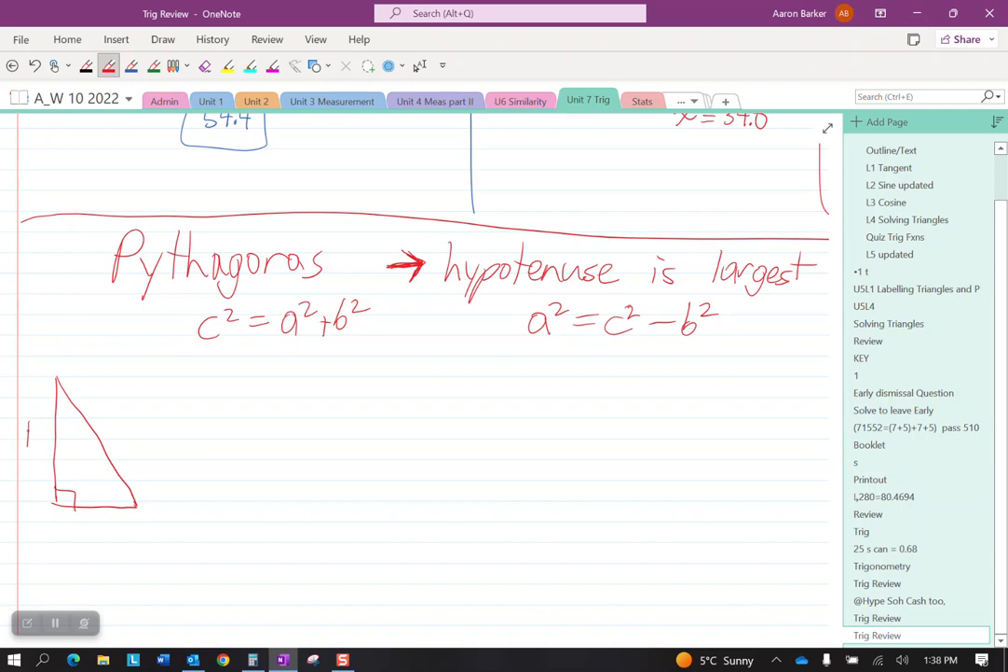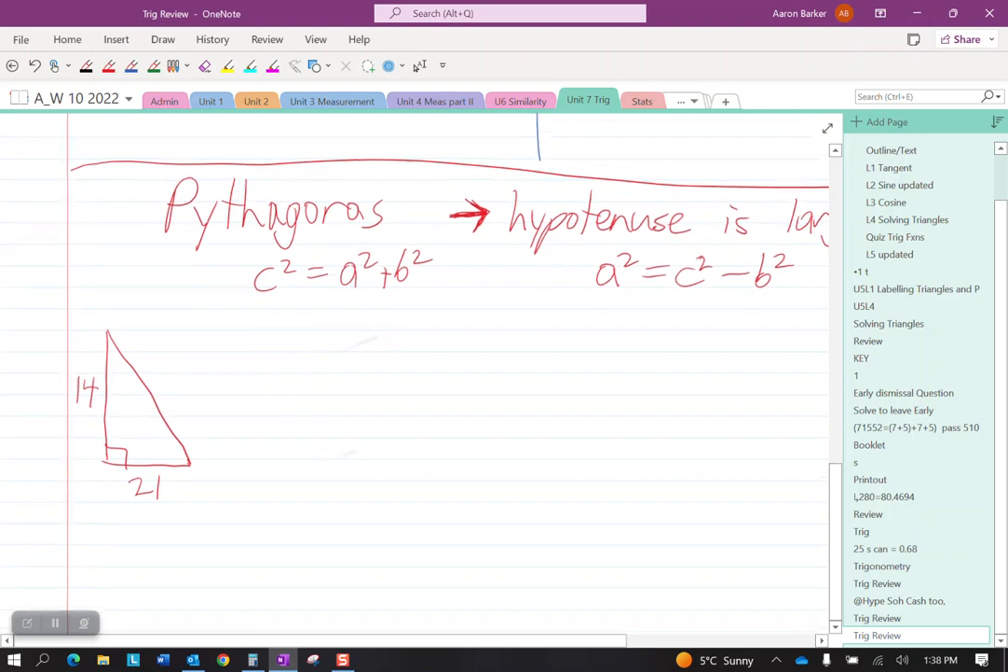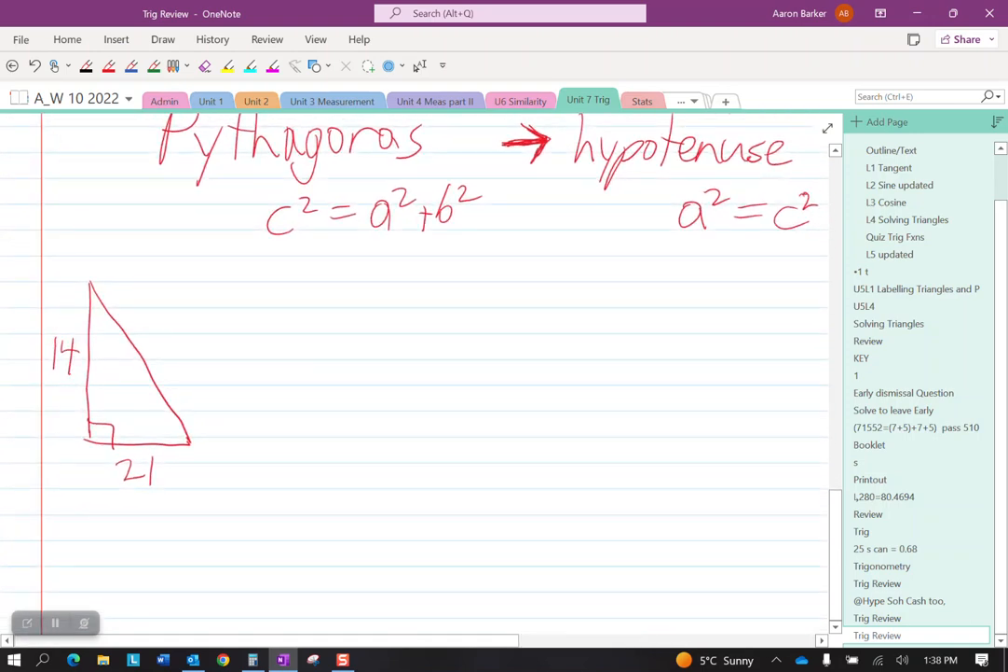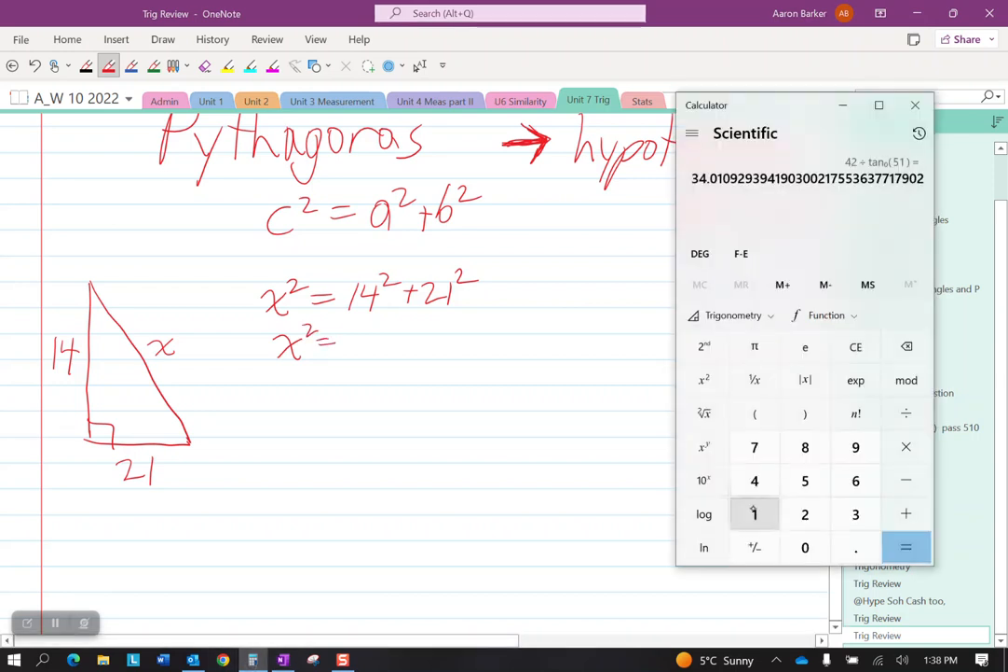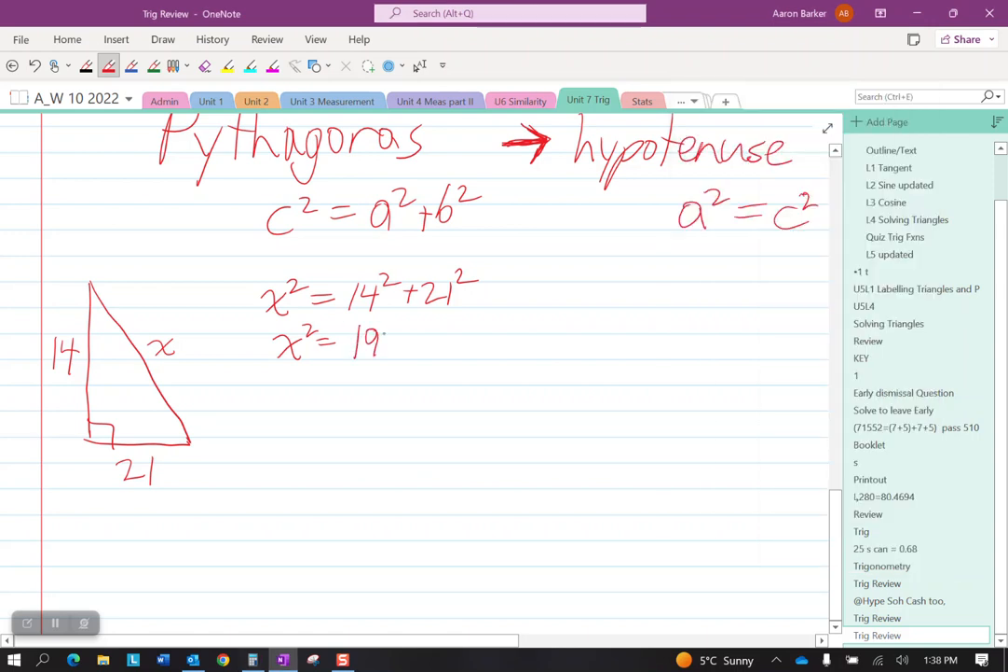So let's say 14 and 21. So we say c squared, and this is x. So we can start by going x squared. The hypotenuse is 14 squared plus 21 squared. So you have to go to your calculator and go 14 times 14, 196,